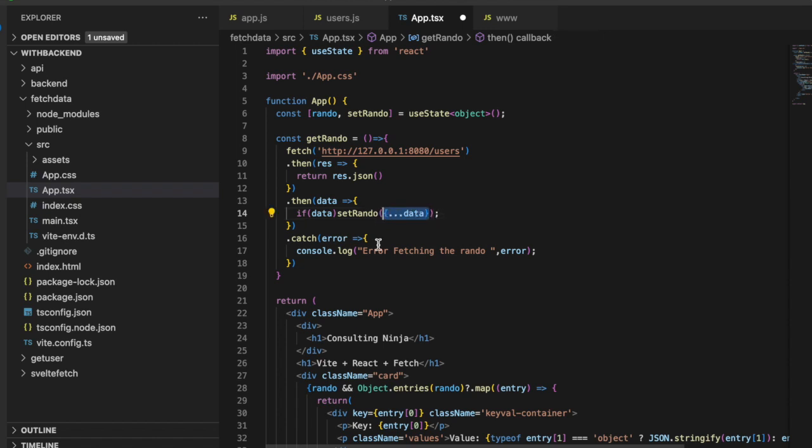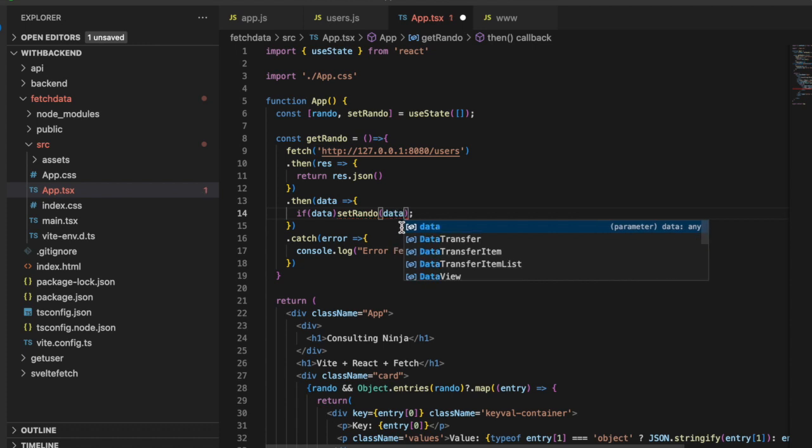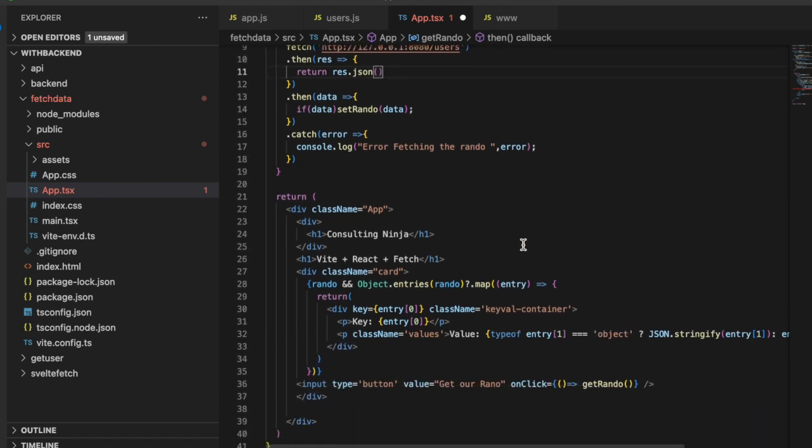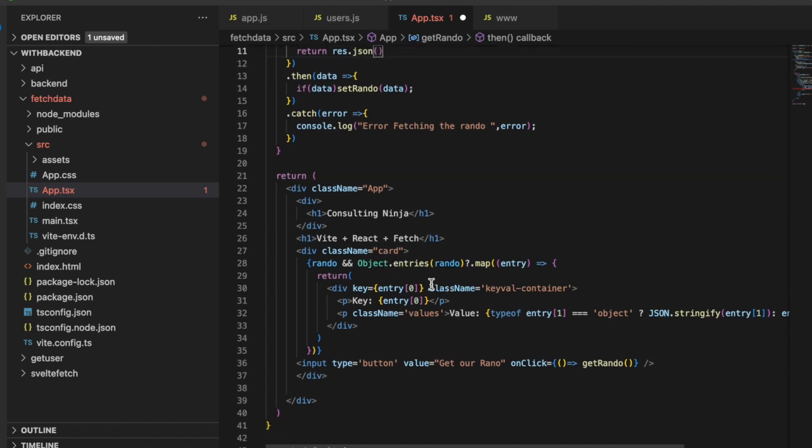Actually, it's not an object either. So you need to update this. This is now going to start as an array. So you would need to set this up like that, and then to see those values, you would need to update this. We don't want object.entries. We would just do